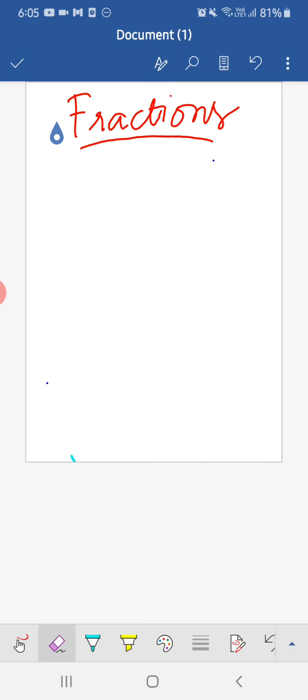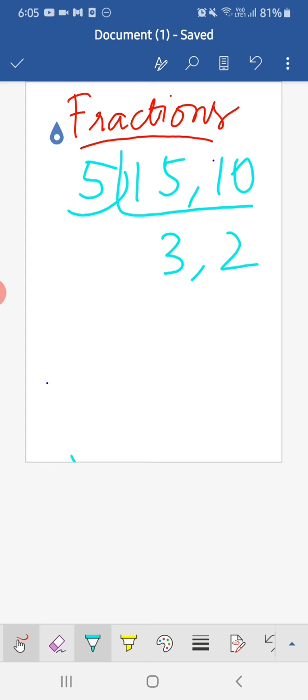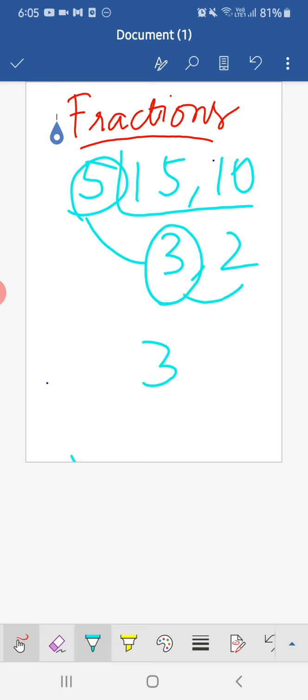So we were taking out the LCM of 15 comma 10. It should be 5 3s are 15 and 5 2s are 10. We can do it directly. So we have got 3 prime numbers. Now I can't divide it more, we cannot cancel it more. So 5 into 3, that is 15, and 15 into 2 is nothing but 30. So we have got the LCM as 30.